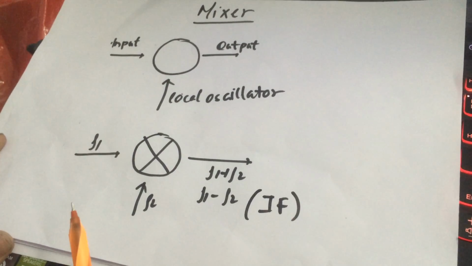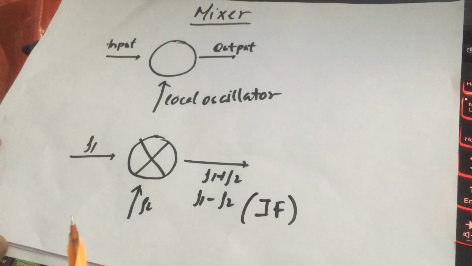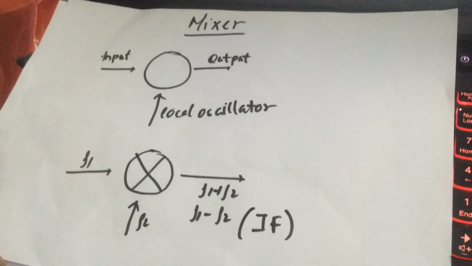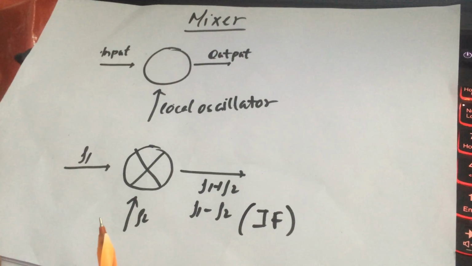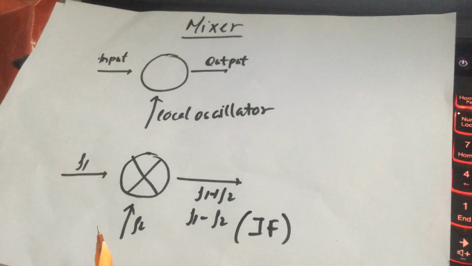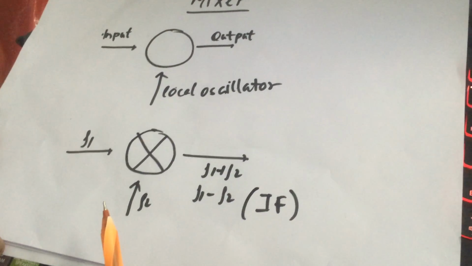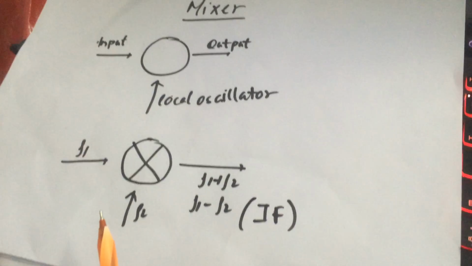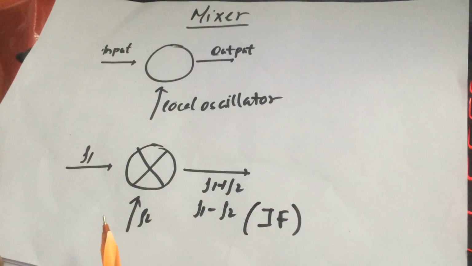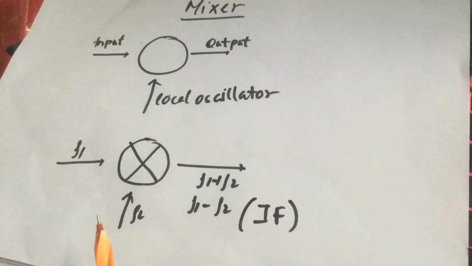The reason for using the intermediate frequency is that the circuit performs poorly on high frequency. Therefore, as the IF is considerably lower than the original frequency, this problem is resolved. Another reason is that as the radio receiver can be tuned to various frequencies, using the IF it is possible to get a common frequency to work upon.